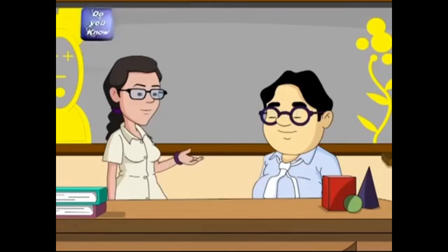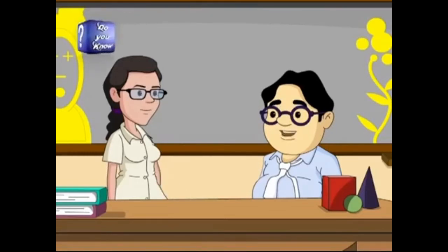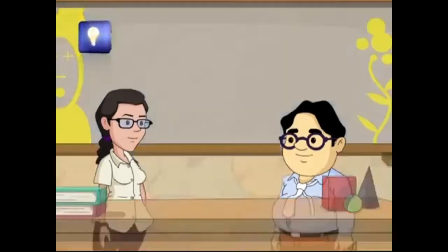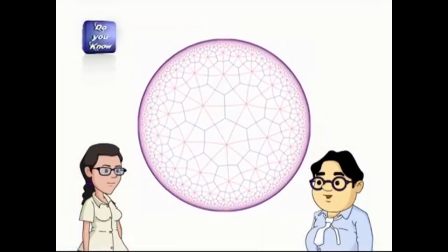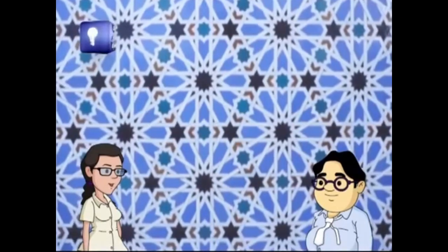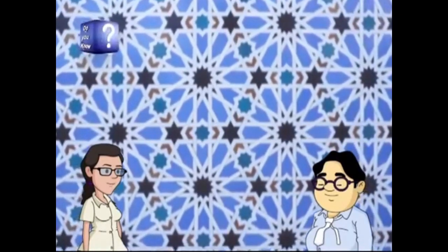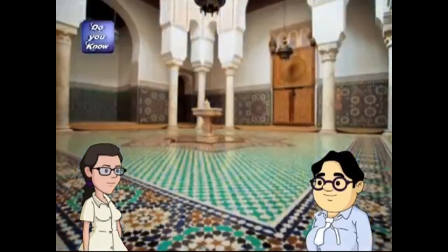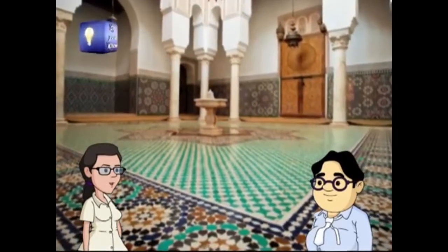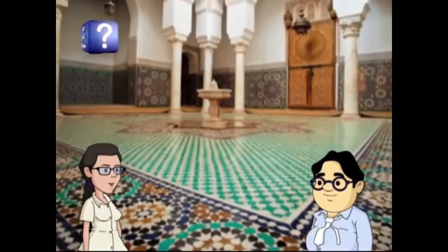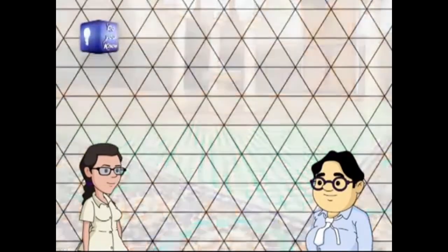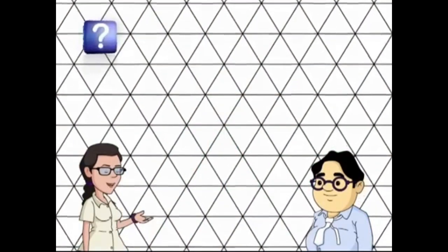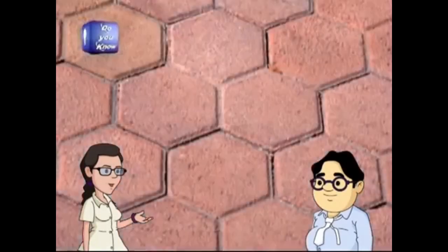Do you know that tessellation is a symmetric pattern? Tessellation too? Yes. How are symmetrical patterns created in tessellation? Well, Snail, they are created when you repeat a shape over and over again. You can create a pattern from shapes by interlocking again and again without any gaps. What all shapes can form tessellations? Well, you can see a tessellation of triangles, a tessellation of squares, and a tessellation of hexagons.